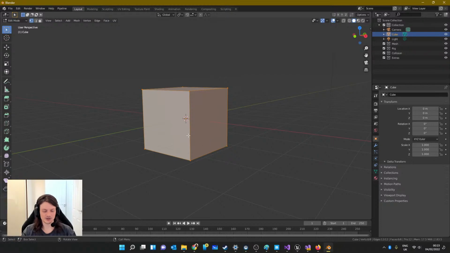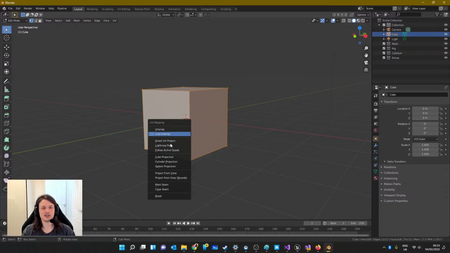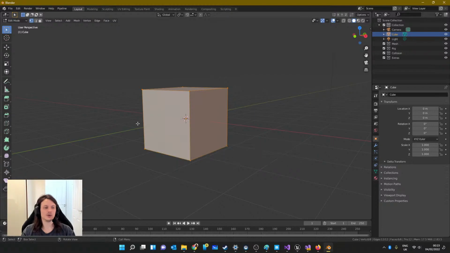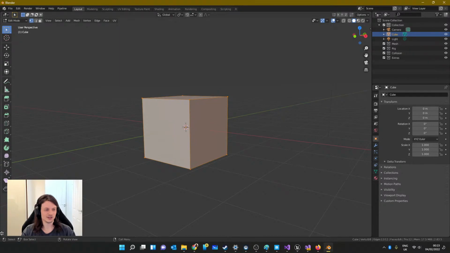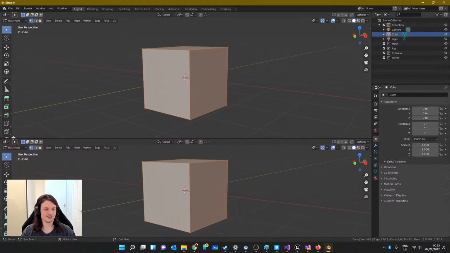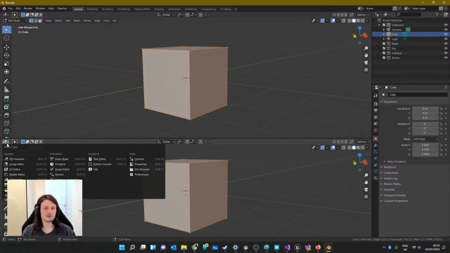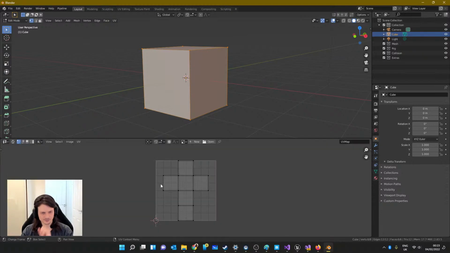What you then do is you go U, and you can go. You know what? Actually, let me just show you one thing. If I just drag up from this tiny little corner here, just drag up a tiny little corner like that. Then you can choose from a various amount of things here, and one of them is called UV editor. Okay, and the UV editor is